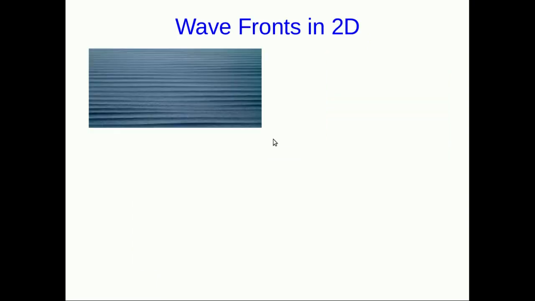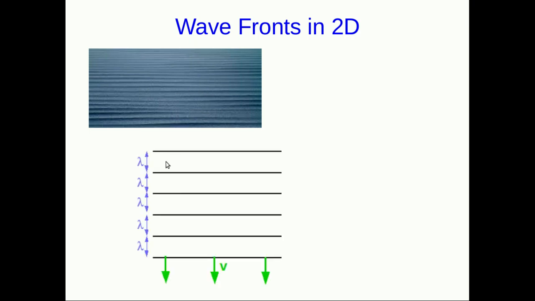To start thinking about waves in two dimensions, think about a picture like this. So this is an actual picture of ocean waves. Now, most of the time when you see ocean waves, it looks a lot messier than this, but someone got this picture of a day where there were nice, regular, evenly spaced waves coming towards them. And so we can just imagine the view from an airplane where you're looking down and you're seeing these long, straight crests. And they're each separated by the same distance lambda, and they're all traveling this way at a speed